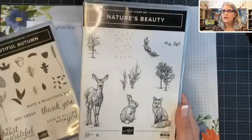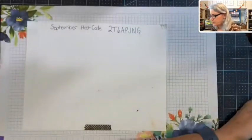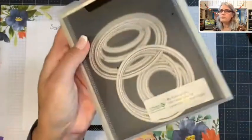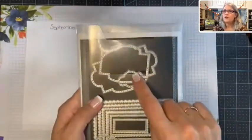All right, the supplies that we need: I'm using the Beautiful Autumn, I'm using Nature's Beauty. We're using this cute little fox. Whoops, let me get the glare out. We're using the stitched shapes and the layered circles, particularly for this card,